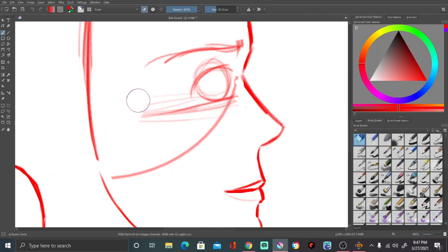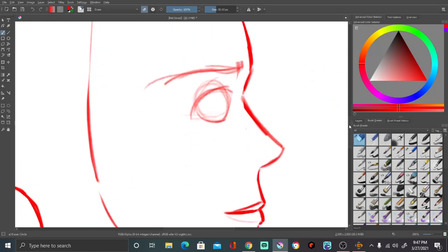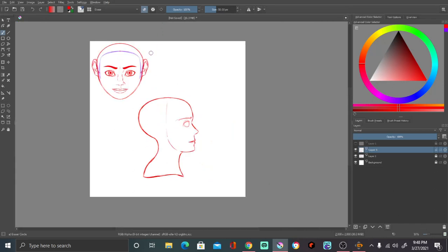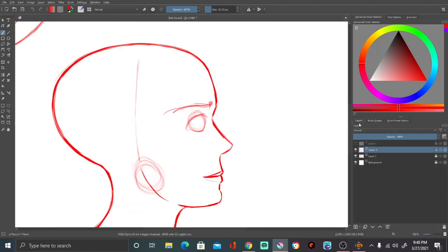And from here, things get pretty fun. Just erasing all the rest of these lines that I no longer need. Whoops. Okay. Now, similar with this drawing here, ears usually start where the corner of your jaw is, and most of the time the corner of your jaw is about right in this area. So if the corner of your jaw is right in that area,